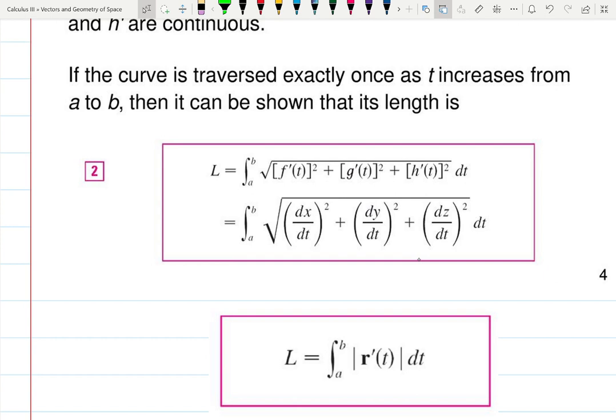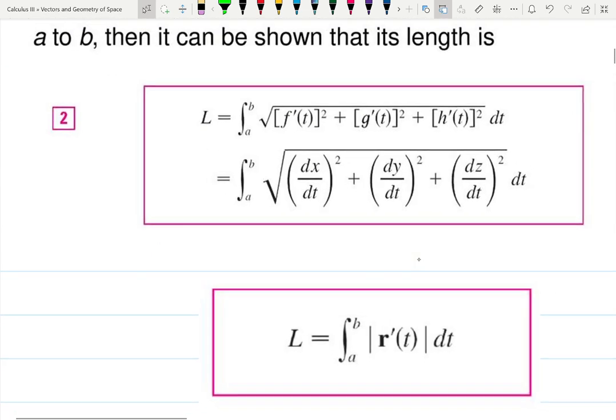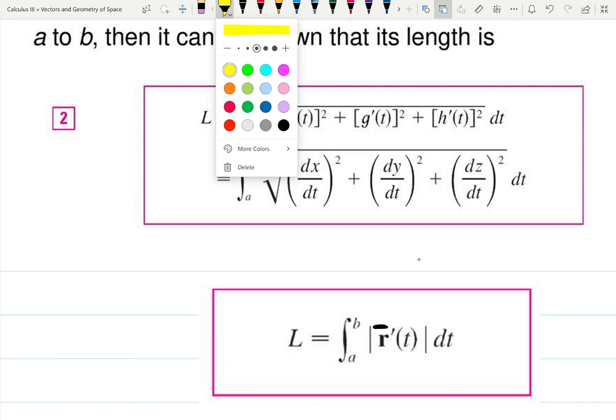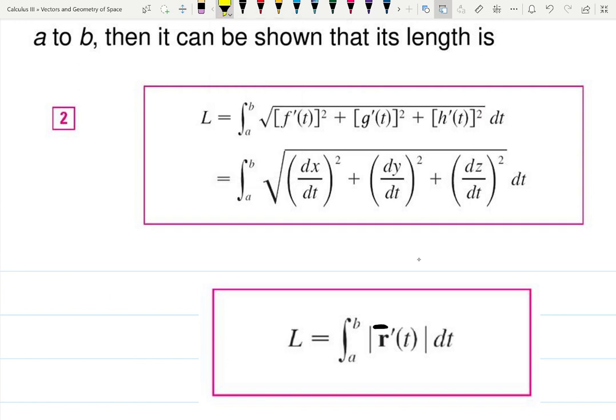So L is the integral of the square root of derivative squared plus derivative squared plus derivative squared. We have 3 dimensions. In this case, what's new is, now let's call it r. Well, it's not just that. What is new is,